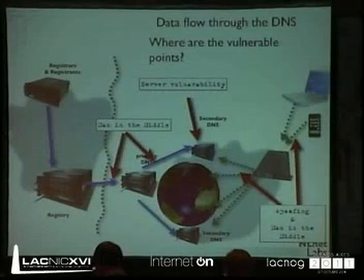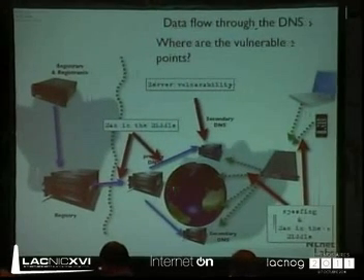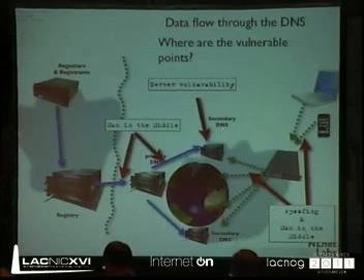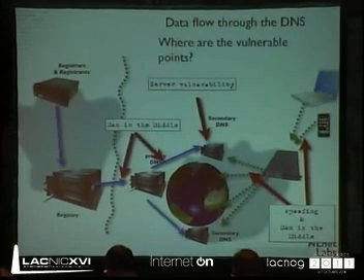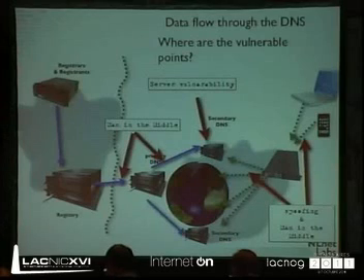Is cache poisoning the only vulnerability? I focused a little bit on cache poisoning now. But if you look at the flow of data through the DNS, there are multiple places where you can have attacks. So applications talk to the recursive name server. If you are sitting between the recursive name server and the applications, you can do a lot of harm. Shared networks are an example. As soon as I can see queries going out to the recursive name server, I can sit in between and I can give the answer. This is a very good place for doing attacks based on specific